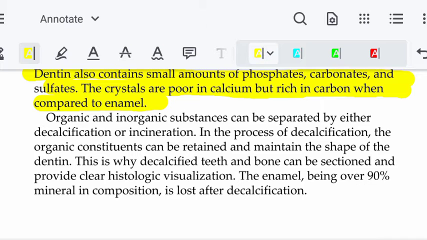during decalcification, what happens? Inorganic, mineral compounds are lost. Only the organic compounds are retained, so the substance becomes soft. Organic compounds are mostly soft in nature. Dentine is composed of 65% inorganic and 35% organic, so the 65% inorganic compound is lost, and in enamel 96% is mineral compound. So when enamel is decalcified, all the enamel is lost because it contains 96% inorganic, so all the inorganic compound is lost.